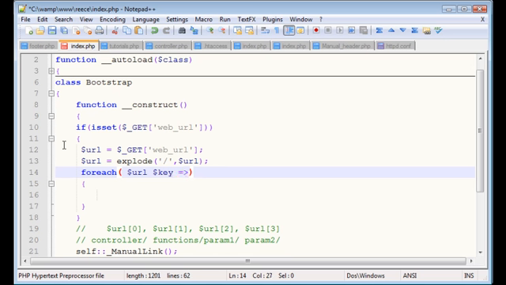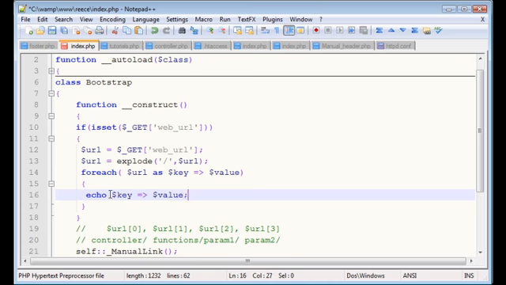equal to greater than sign and then value. Okay, so what this for each loop is doing is, for each of this value, break it up as key and value pair and display that to me, please. So, okay, I'll do just that. No problem. But you must separate all your single quotes with your strings